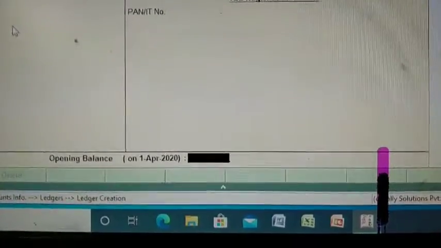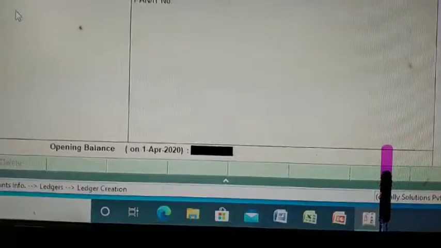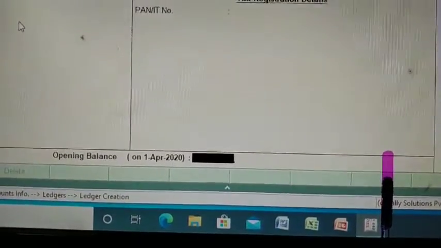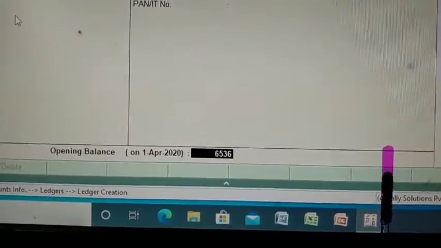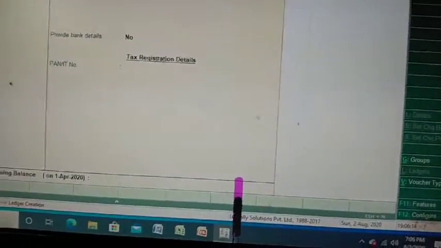If you are continuing with the last year, expenses will not continue. If you are starting the books in the middle of the year and there is an opening balance, you can give it, or else you can leave it blank if not there, and accept the ledger. So enter, it is saved.